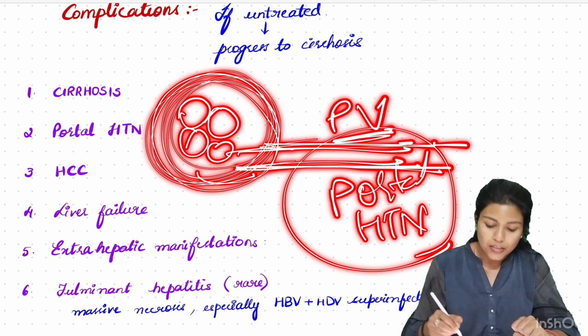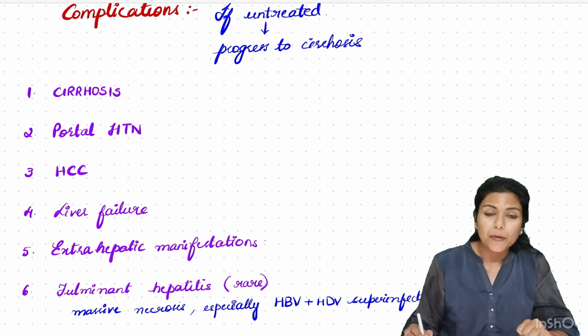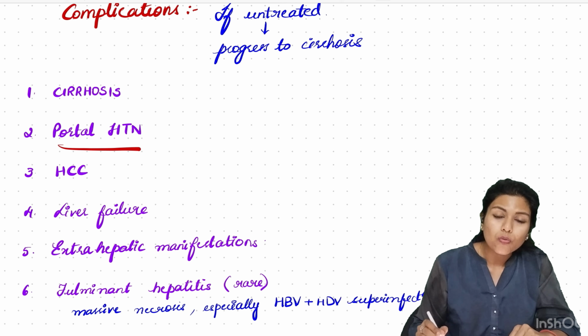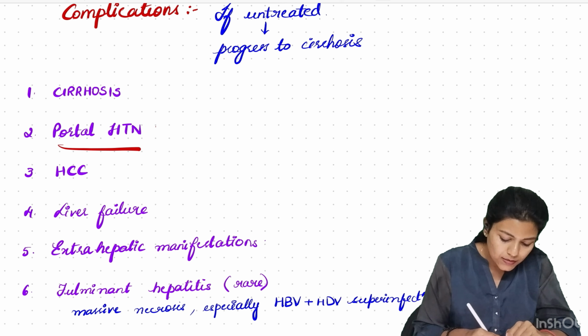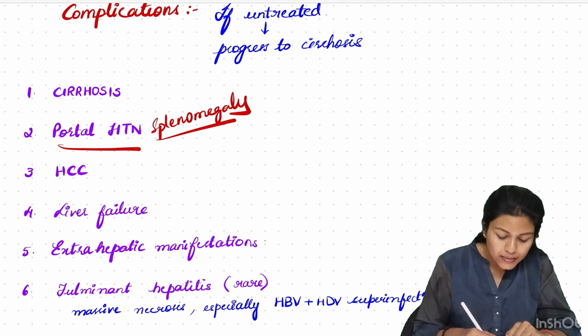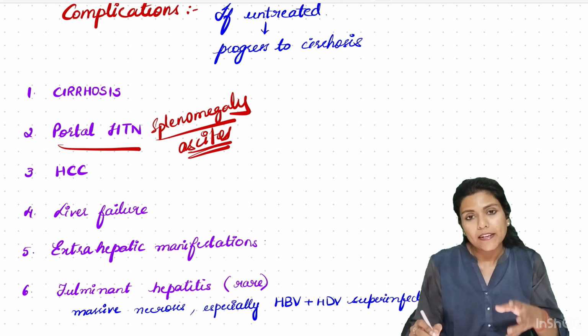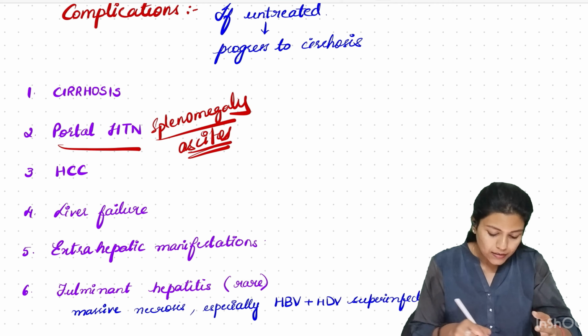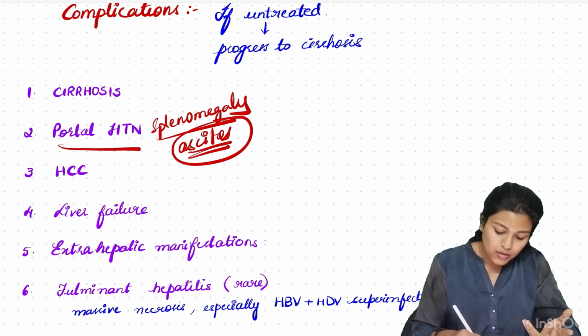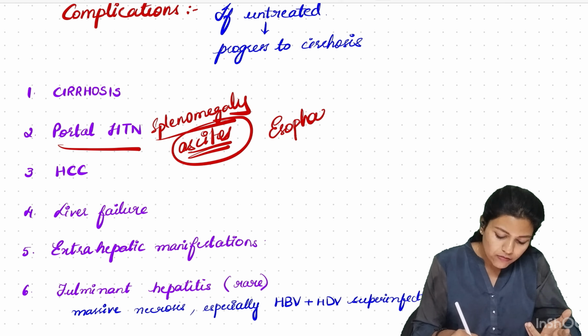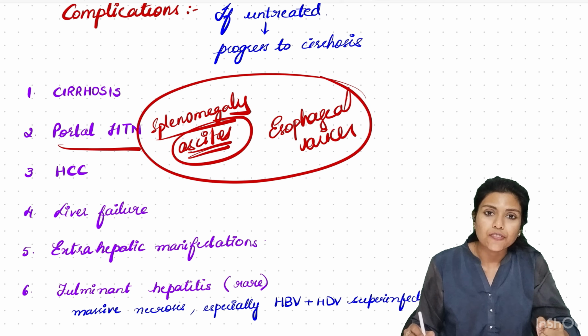What are the sequelae of portal hypertension that I have mentioned while explaining clinical features? Because there is a backflow, there is splenomegaly. And there is ascites. Because of portal hypertension, there will be a transudative fluid leak from the splanchnic capillaries into the abdominal cavity. That is ascites. And because of portal hypertension, there are chances of esophageal varices. All these are the sequelae of portal hypertension.